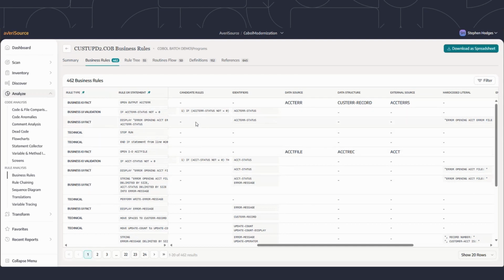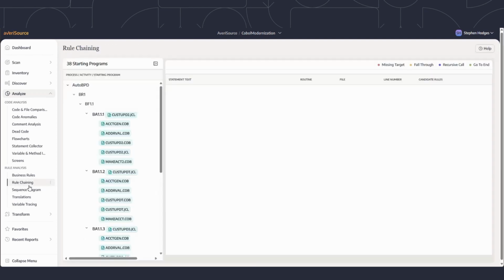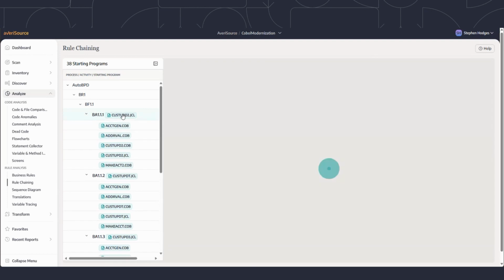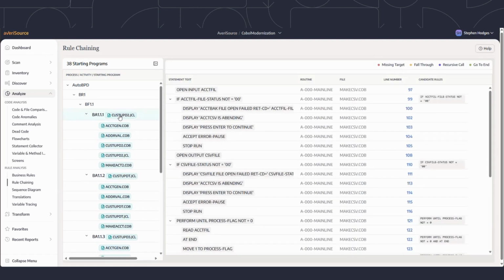This candidate rules column is important because this is the rule set. This shows the lines of code or conditions that have to be met and executed as true before you can get to this rule or condition itself. We do rule chaining, which is not just identifying the rules within a program, but what differentiates us is that